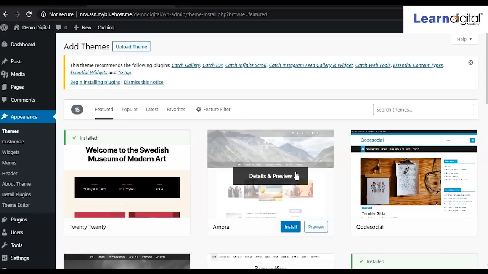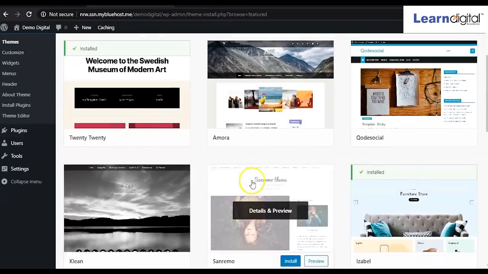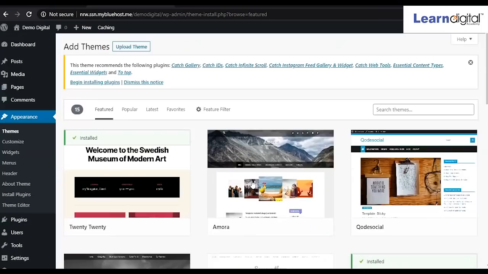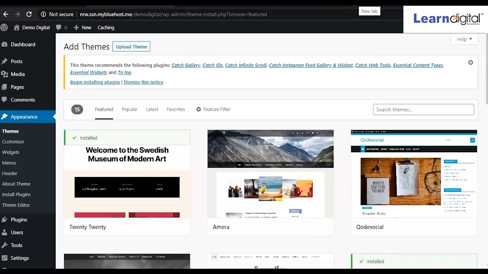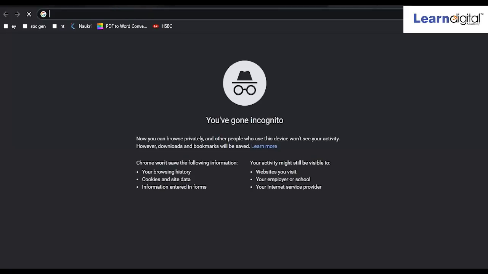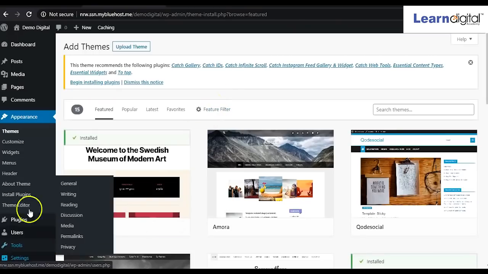When you purchase the theme, you will get more options over there to customize your theme. But on this theme, only limited things you can edit, right? I'll be telling you the marketplace from where you can purchase the theme.